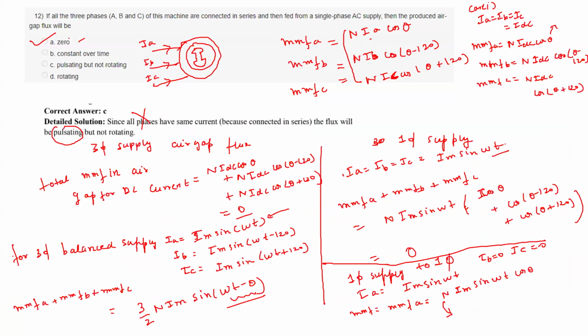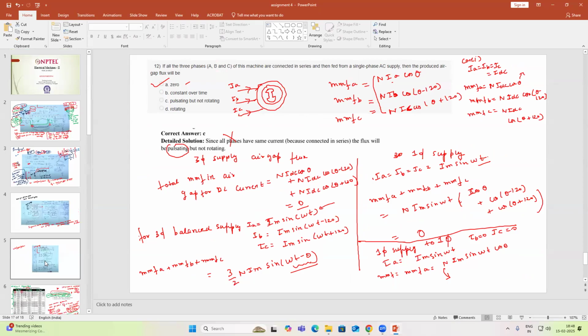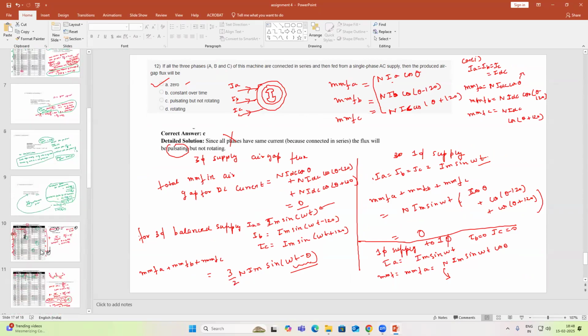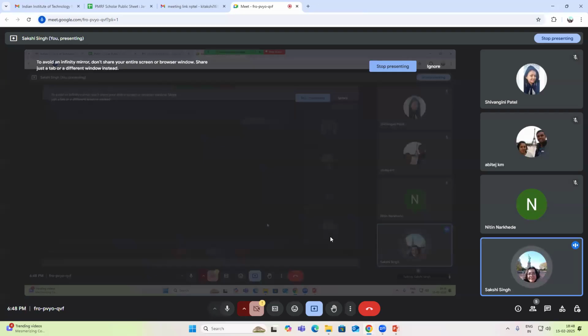This question I will verify. I think this is 0. They have somehow given the wrong answer. I'll just confirm it to you, because from this maths it is coming like this. And we will see in the next class then. I have discussed various things, so if you follow these questions you can easily solve your assignment. So that is it for today's class. If there is any doubt, you can ask me. Otherwise, I'm stopping the session today here.